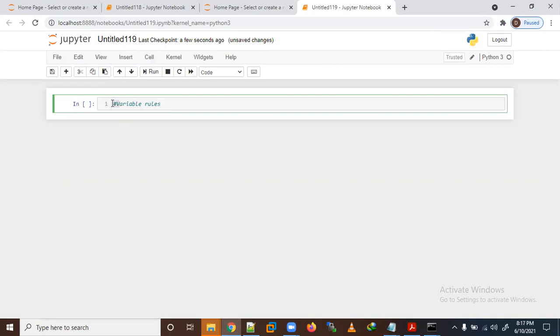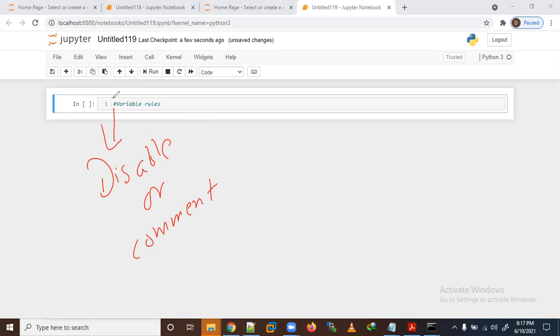It means this line is disabled and will not be a part of the program. It is just for information purposes and will not execute. That is the meaning of hash here.